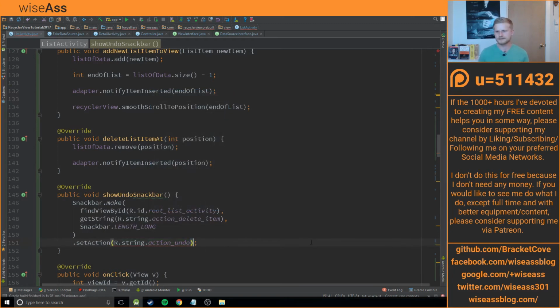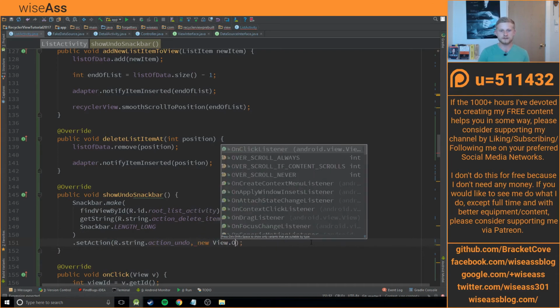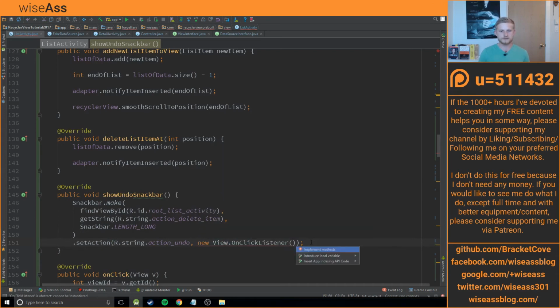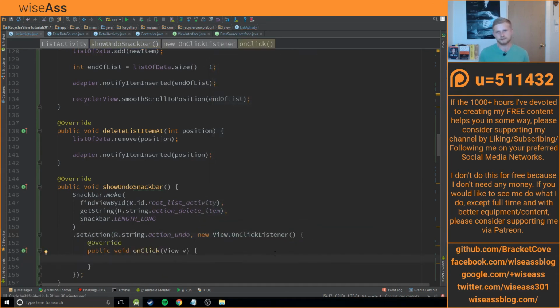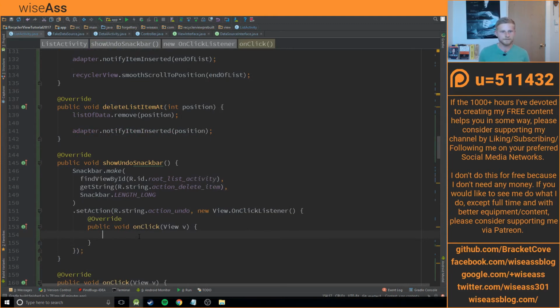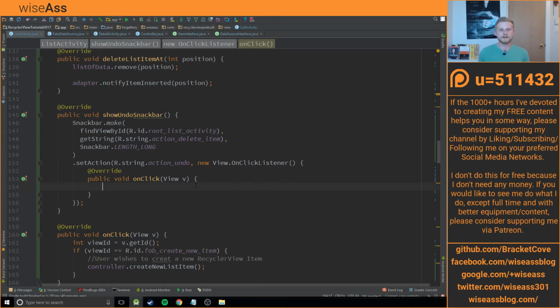I guess I don't really need to add the question mark, but that's totally fine. And then to this button, we are going to add an on-click listener. So I'm just going to say new view.onClickListener, Alt-Enter, enter, enter, enter, enter, enter. Add that in here. Now, what we want to do is when the user presses this undo button, we are